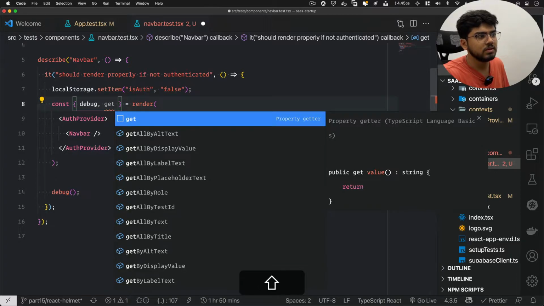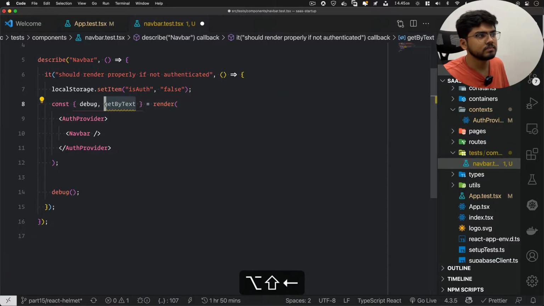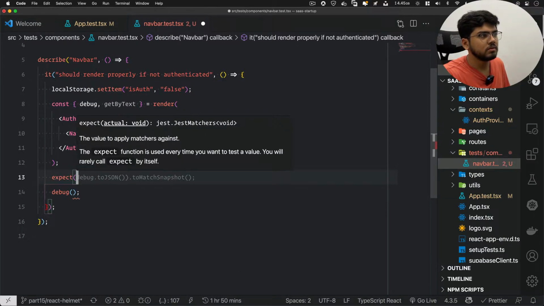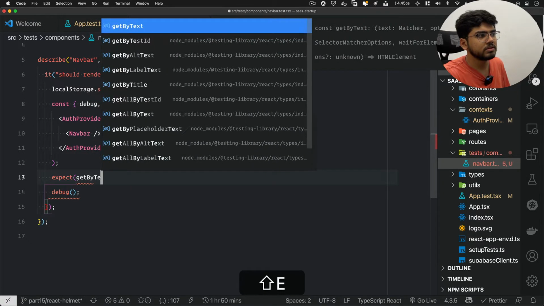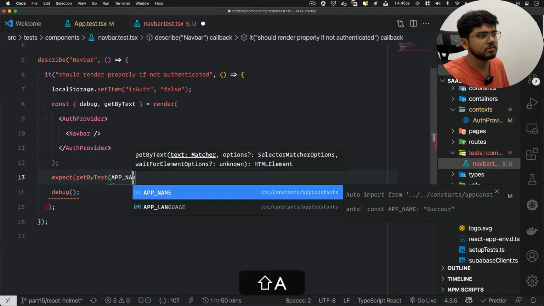Let's take get by text. Okay, then let's try to expect get by text. We have the app name, so we'll use the constant here.